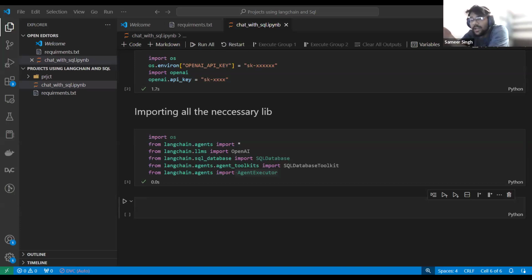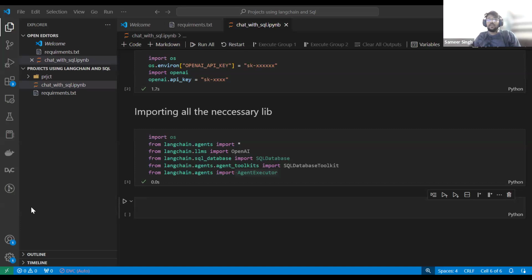Similarly, the SQL database toolkit is an agent tool. Suppose anything is asked of it, the agent SQL database toolkit is going to, very first, create the step by step execution in memory: in the very first step it has to do something like this, then it is going to create the SQL query, then it is going to hit it, right? How the step by step execution is going to happen, this kind of decision is going to be taken by the SQL database toolkit. I hope I have given your answer. Is it clear, Sibaski?